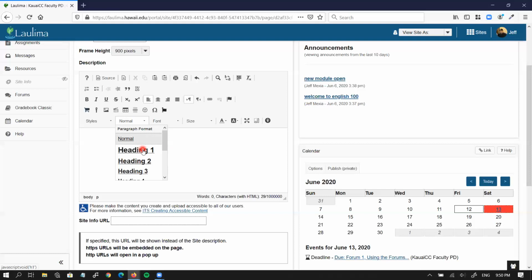So in this case, maybe we would select the heading 1. Let's just pretend we're doing an English class. So English 100. Spell it correctly, of course. Composition 1. And then maybe here where we're going to have some of our instructor information, we'll use a heading 2. And then we can include that information. So maybe phone number,